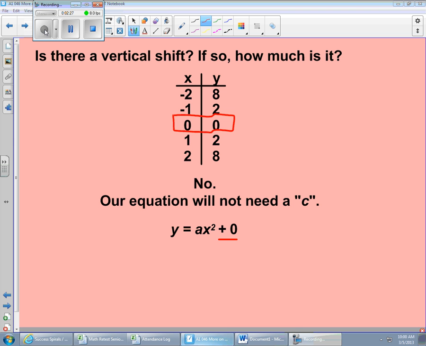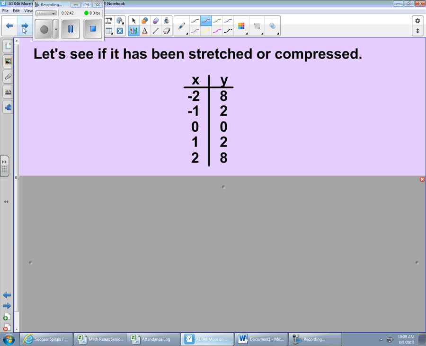If we had decided that a vertical shift was present, then we would have plus or minus some number other than 0 right there. And we'll get to an example like that here in a moment. Okay, the next thing that we looked at yesterday will be the same thing we're going to look at today. Let's see if it has been stretched or compressed in any way. Well, remember how we checked this yesterday? We identified our line of symmetry,